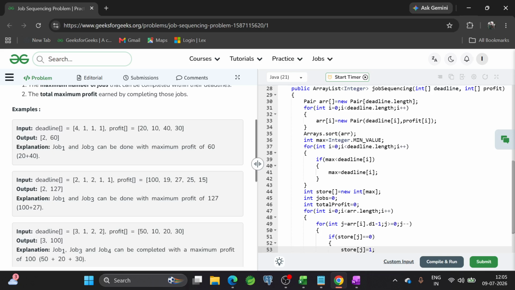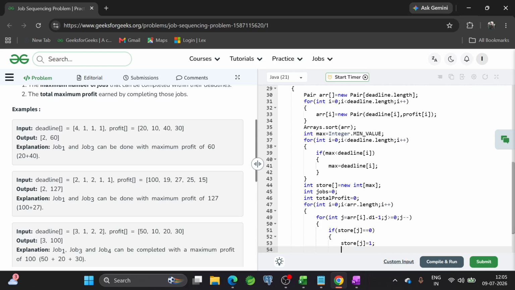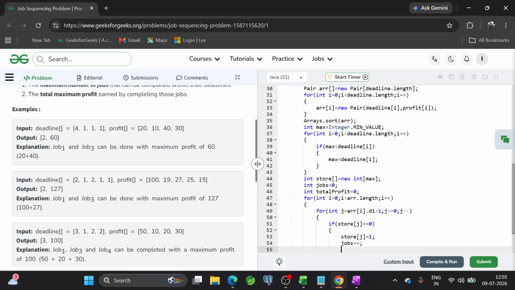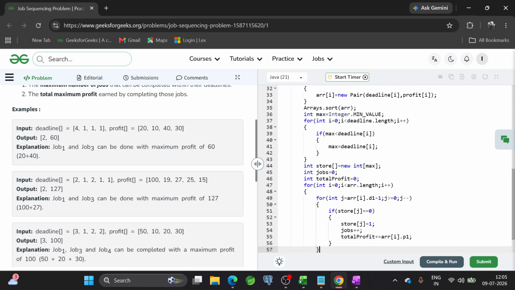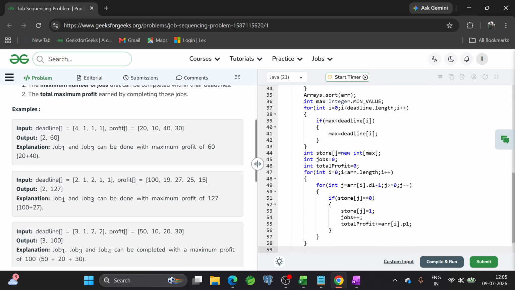So store of j equal to 1, then jobs plus plus, then total profit plus equal to arr of i.p1. Now I have to return the number of jobs and total profit.